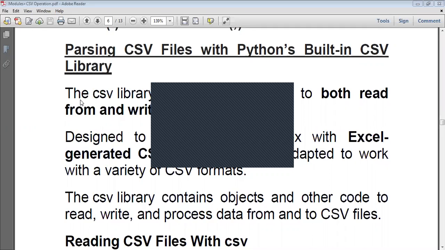Automatically it checks the value. I mean it separates the value by comma. So by default it assumes that there is a comma in between each and every column. So you just give the data in a tabular structure. That is enough. In this way you can create a CSV file, and whatever data is related to your project or your application, you can store in this CSV file and finally save it.